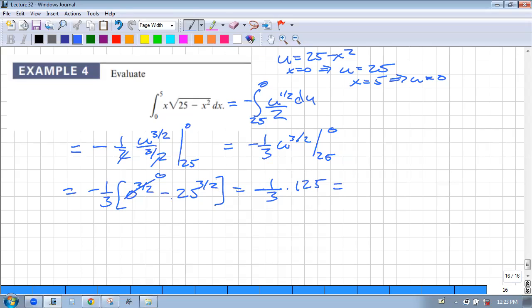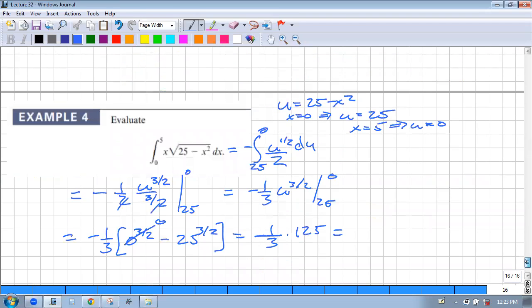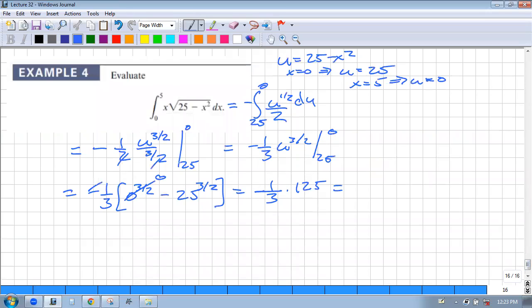Why am I off by a minus sign? Zero minus. Oh, I got the minus. All right, we should get minus 125 over 3. But my minus is canceled, so I'm doing something wrong. Anyhow, the point of this is,